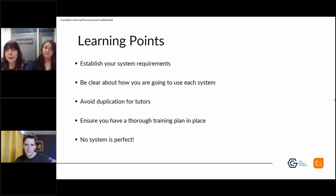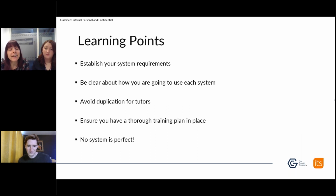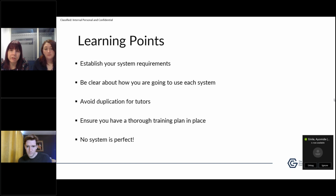I think just be acknowledging that you're probably not going to do one training session and that's enough. And I think we probably thought that a little bit at the beginning. I would say make use of any training provided by the provider, so obviously itslearning and Smart Assessor, making use of the training that they provide, but then it is about supporting that with follow-up sessions based on your own policies and procedures and the way you're going